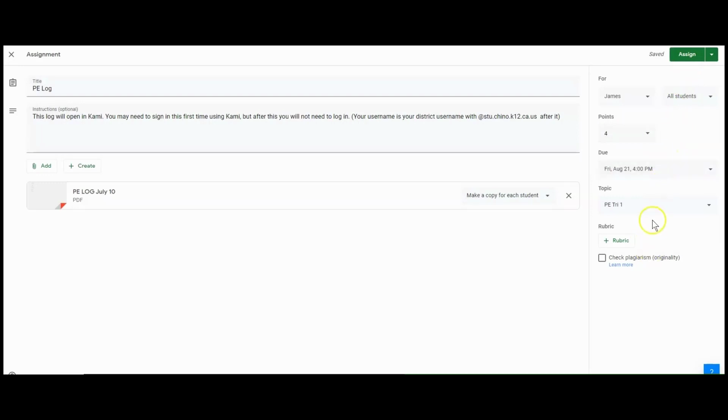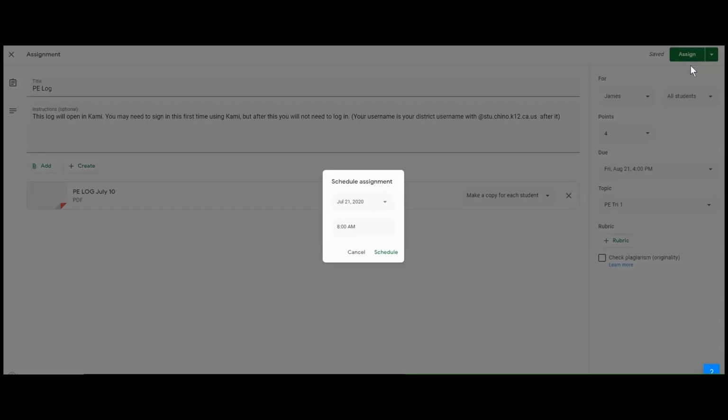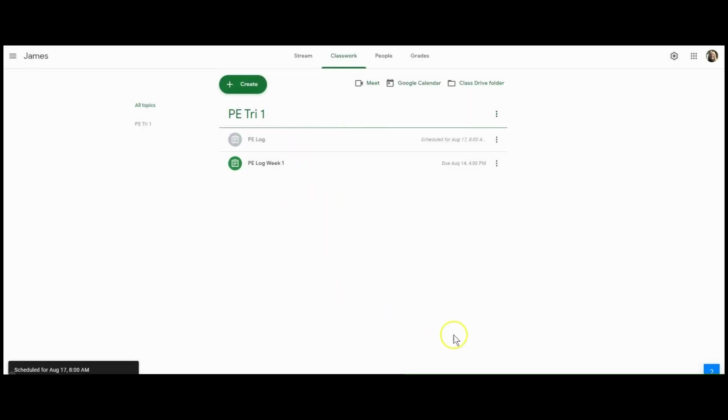Now, I don't need them to see this right away, so actually instead of posting it right now, I'm going to go ahead and just schedule it so that they don't see that until the 17th. There we go. All right. And just that easy. I've got 2 weeks worth of PE logs loaded here. They came from my master classroom, assignments that had already been created, directions that had already been typed, attachments that had already been posted, and now I can move on and fill out the other